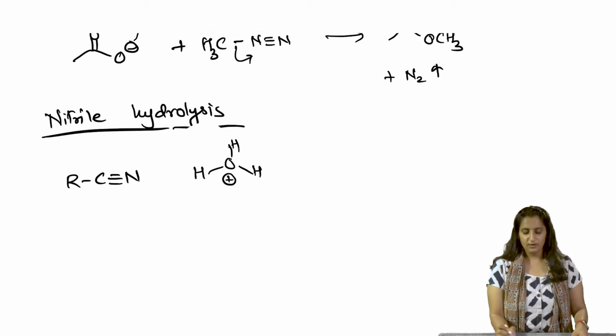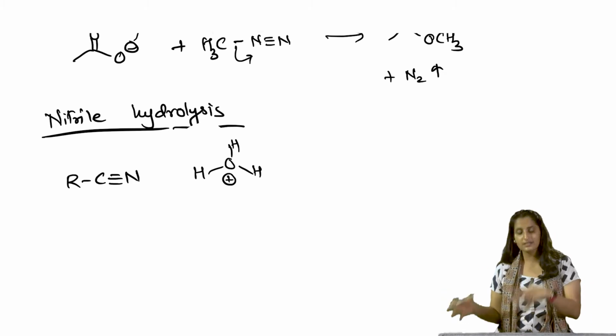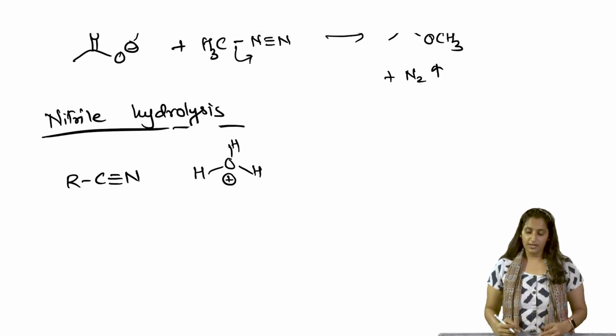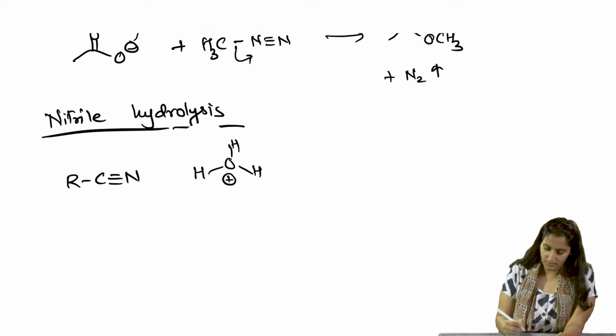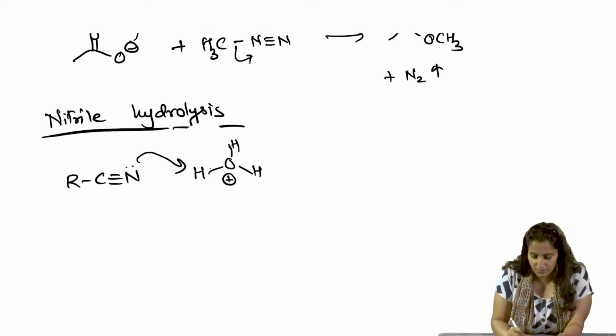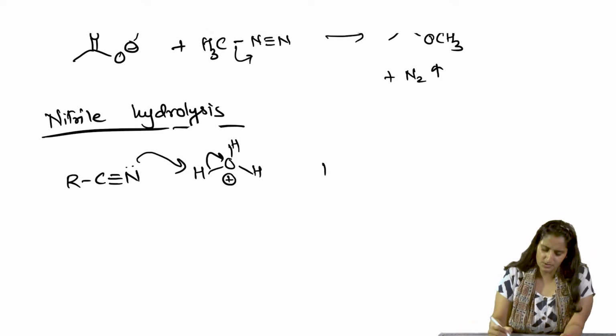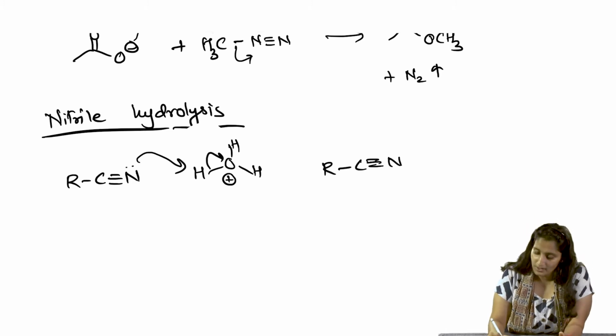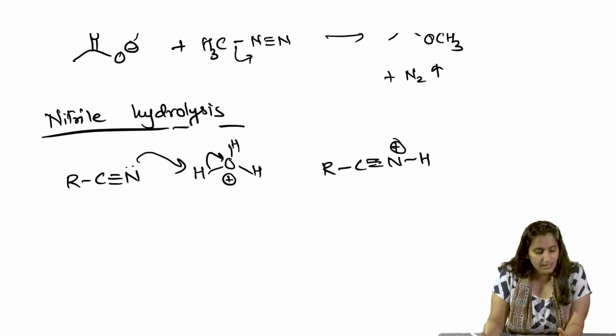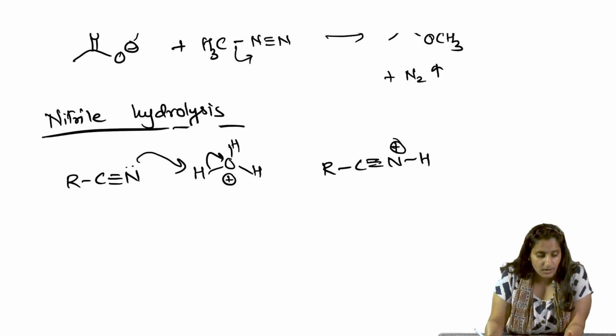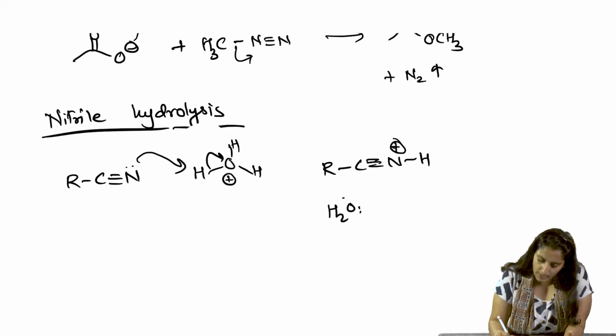Okay. Now, in the first step, under acid, you have a very good heteroatom in the molecule which can get protonated. The very first step is always protonation. Okay. It is the fastest step that can happen, and that is what happens. Okay. So, you have a protonated nitrile to begin with, and then water is going to attack. Okay. And water is going to attack on this carbon, opening this up.